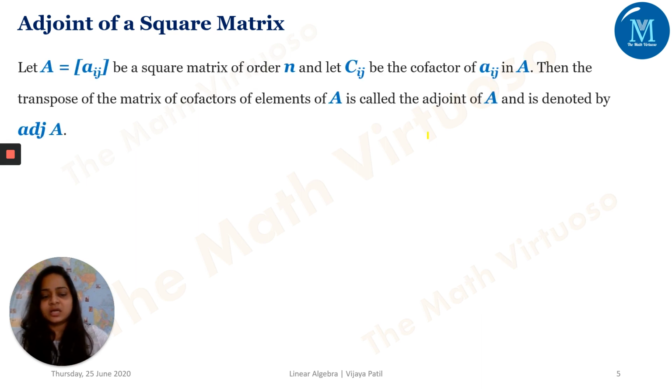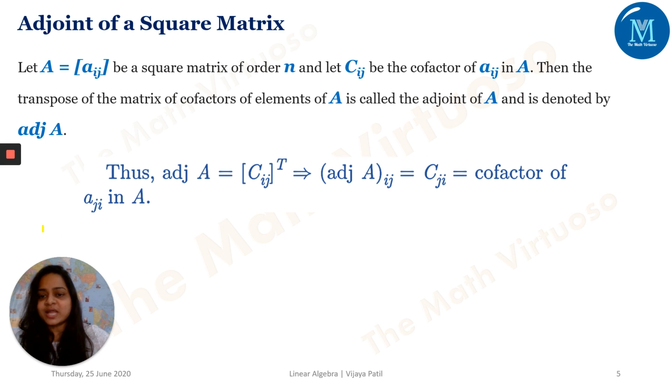Adjoint of a matrix, let me explain it here. The adjoint of a matrix is nothing but the transpose of the matrix of cofactors Cij. It's very simple, so everything is linked together. First, I need to find the minors, then the cofactors, then the adjoint, and then we go towards the inverse. So the adjoint of A is Cij transpose, which is the same as Cji, that is, the cofactors of Aji. This is what I have just given you.